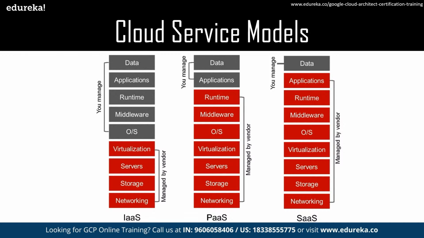So let us now go ahead and understand these cloud service models before we jump into GCP and understand what GCP is and what all it can do. Okay, so let's try and understand what these cloud service models mean. When you talk about service models, what they represent is that every cloud service vendor, in this case GCP, Azure, or AWS, these are all cloud service providers, right? They have a particular way in which they provide these services